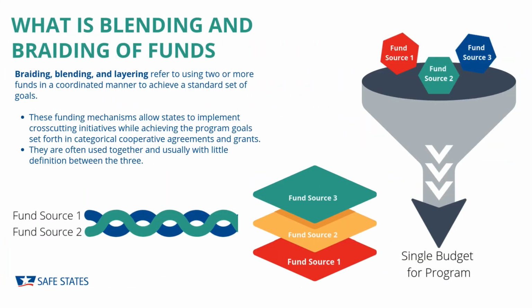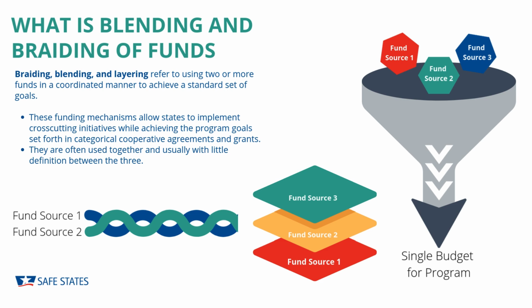IVP strategies that impact multiple outcomes lend themselves well to braiding and layering funds, since they span multiple program areas and ultimately work to positively impact the social drivers of health. Braiding, blending, and layering refer to coordinating two or more funds to achieve a standard set of goals. This type of funding allows prevention programs to implement cross-cutting initiatives, like SRPF approaches, while achieving the goals outlined in